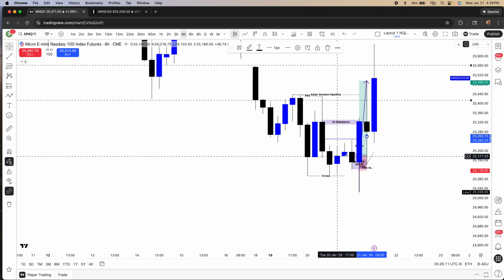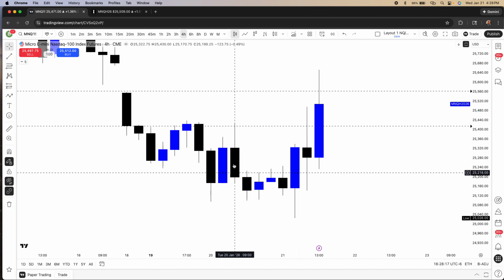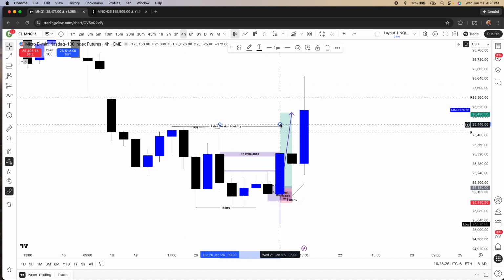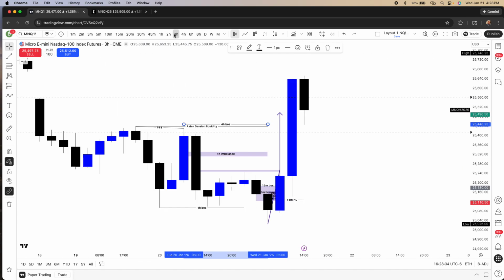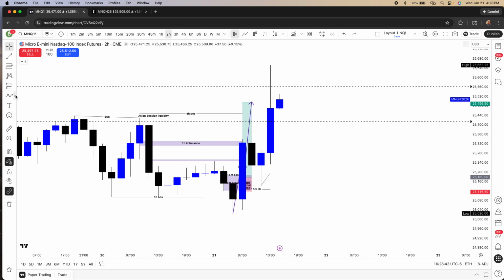If you go to the higher time frame structure, you can see that this was my 4-hour high that was now broken. So once we broke this level, I was expecting buyers to come back into the market. So this is a 4-hour breaker structure. And let's see if we have anything on the 3-hour or the 2-hour. So right here, you can see this is a 2-hour breaker structure. And then we have a 2-hour imbalance inside of here that we could have also framed that buy setup off of.